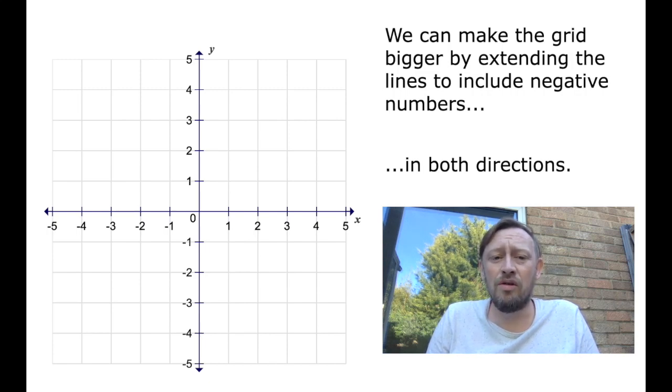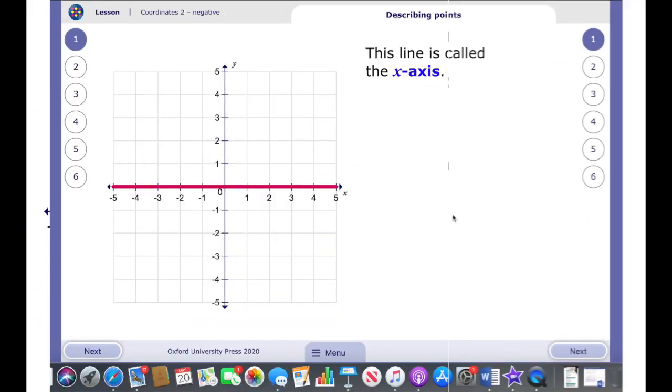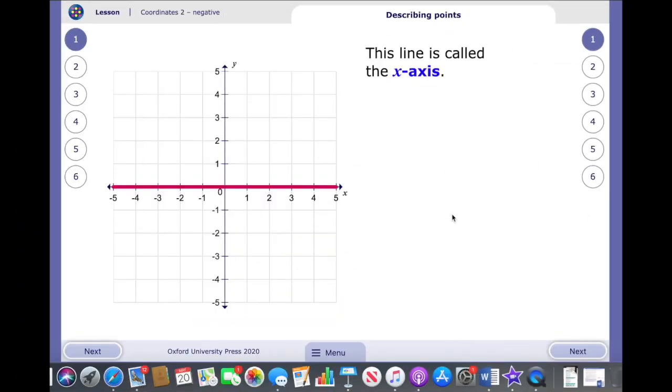So the coordinate grid in the top right hand will always have positive coordinates. But if you have coordinates in any of the other grids, there will be negative coordinates as well. If you have a point plotted in the bottom left hand side, there will only be negative coordinates. So a quick reminder, this is called the x-axis, this is the horizontal axis, and you can see on this coordinate grid it starts at -5, counting up -4, -3, -2, -1 to 0, and then up to +5. And if we click next,